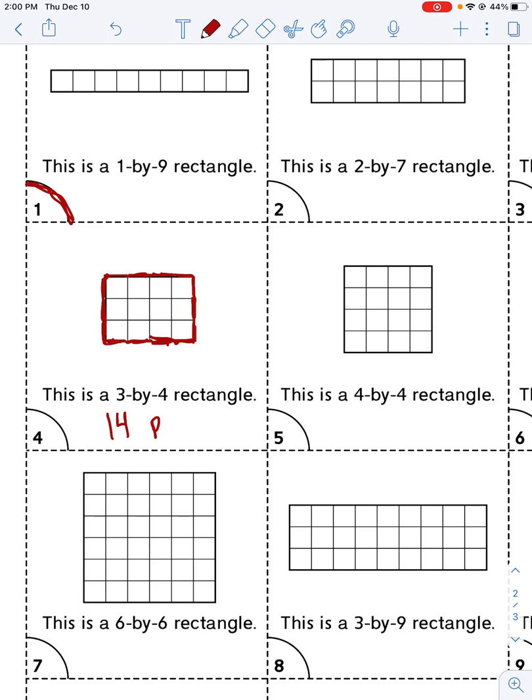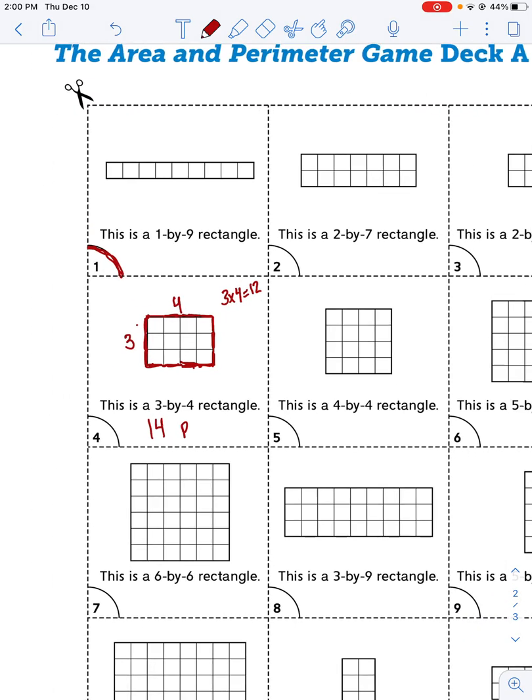So there's 1, 2, 3 rows and 1, 2, 3, 4 columns. So 3 times 4, I know that equals 12. So I want the bigger number, and look, 14 is the bigger number, so I'm going to put perimeter